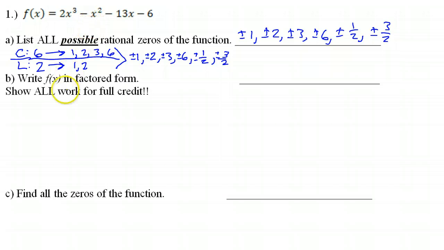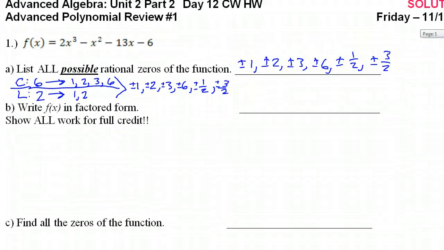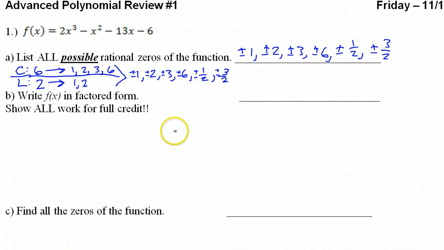So what I need to do is start attempting. I need to find a root. Now, if I had a calculator, I would cheat and put this in my calculator and look for a 0. Did the directions say anything about that? No. I am going to assume that I'm not allowed to use a calculator for right now. So I'm going to just go in order, starting with 1, and I will try the synthetic